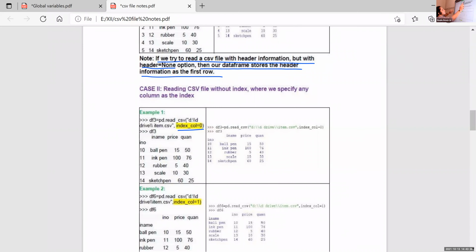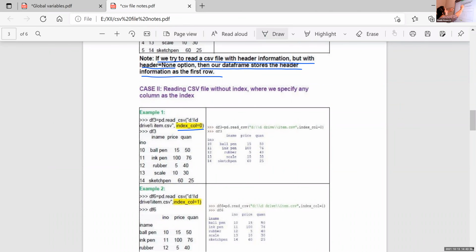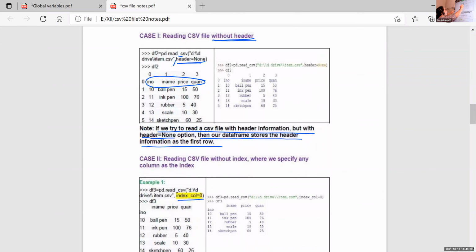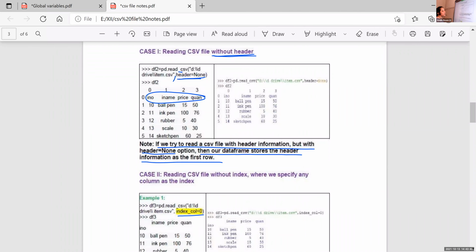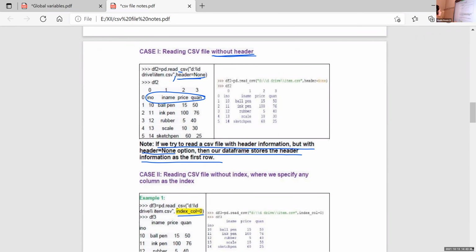It is the same as header equal to None. If I use index_col equal to 0, then this index value, that is 0, 1, 2, 3, 5, is removed, and it will just start with this INO value. For that, I use the statement index_col equal to 0.